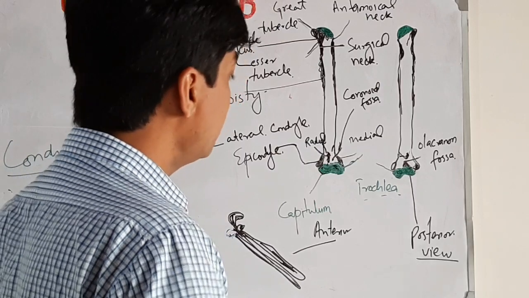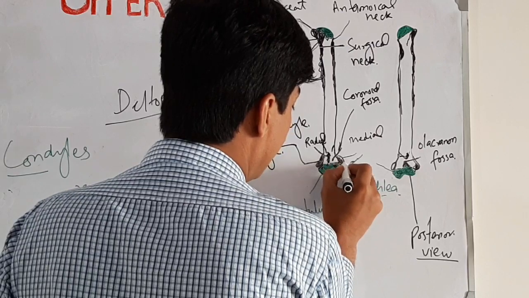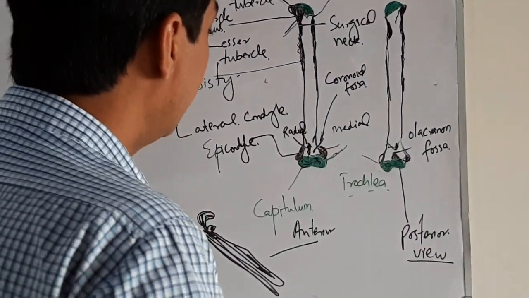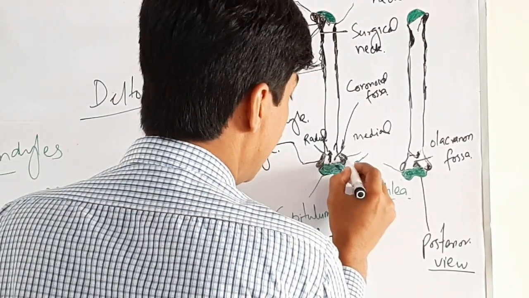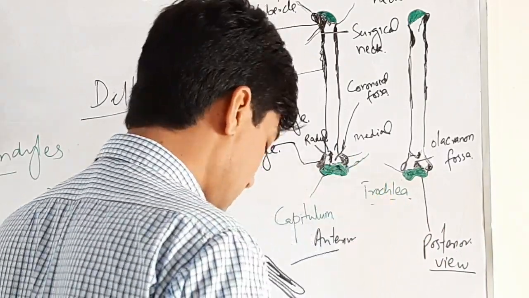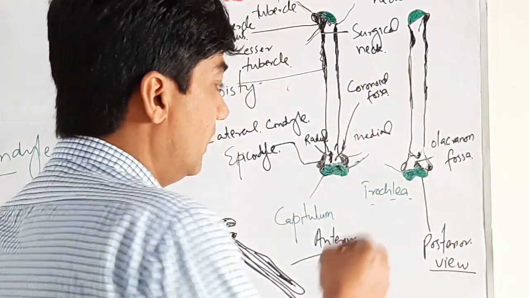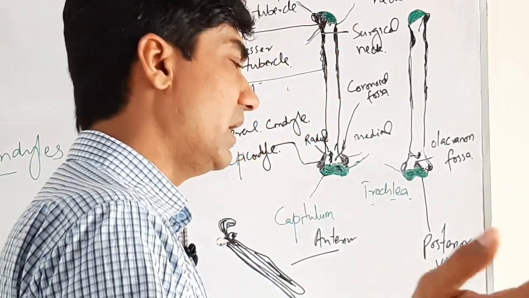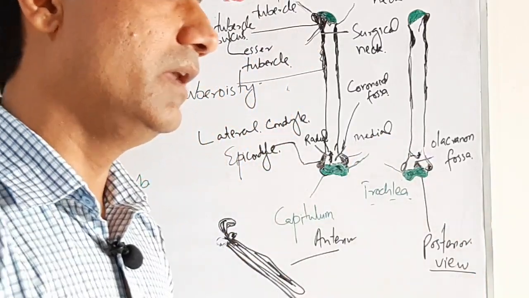Just one more thing, the funniest thing in this humerus, is that the medial condyle is popular as the funny bone, because here is the ulnar nerve. The ulnar nerve passes superficially across the posterior side of the elbow joint and often produces a tingling or numb sensation when this condyle is struck with any sharp object, especially a table or chair. So that's why this condyle is also often called the funny bone.